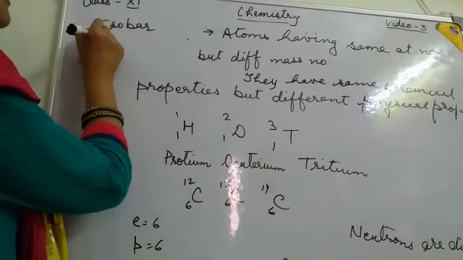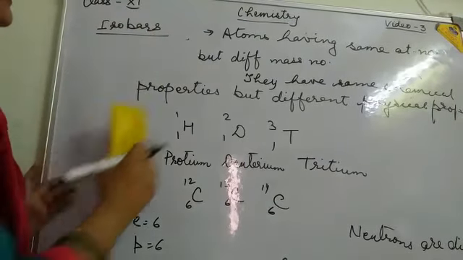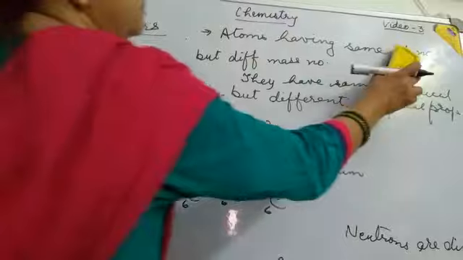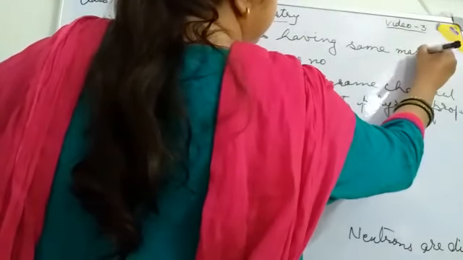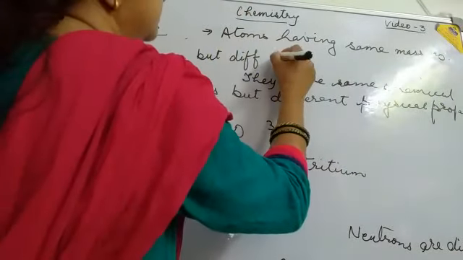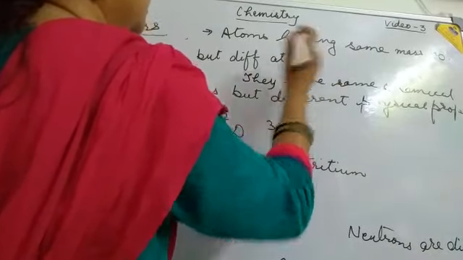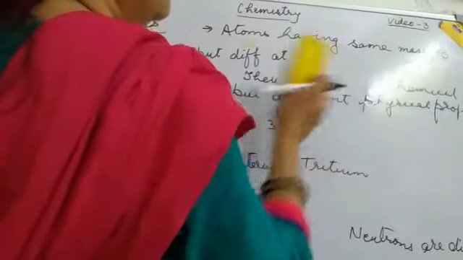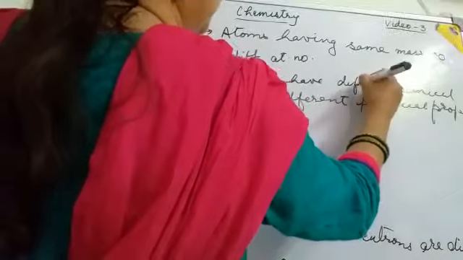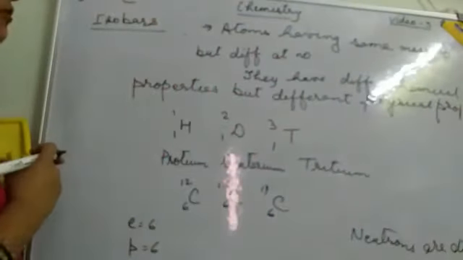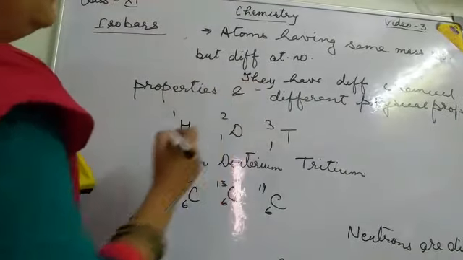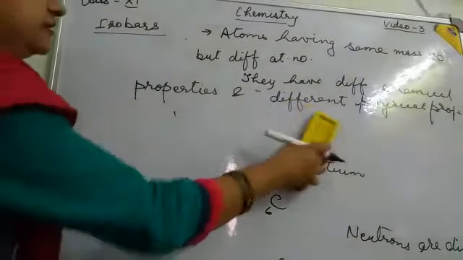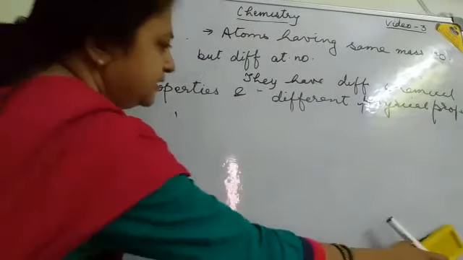What is the difference between them? Isotopes and isobars: isobars are atoms having the same mass number but different atomic number. They have different chemical and physical properties. The examples of these isobars are